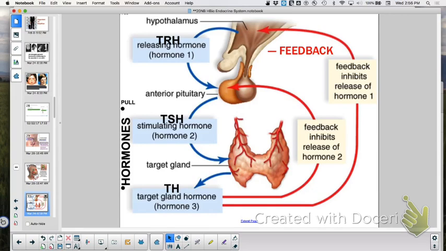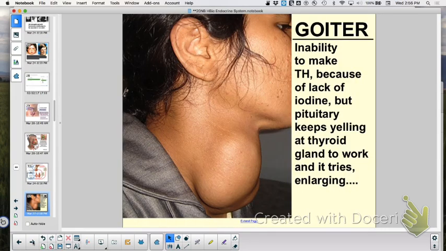Okay. All right. Whoops, goiter. Okay, now, why would you have goiter? See, you won't even be shocked when it happens in class for you. Okay? Goiter is a very large thyroid gland. Why is it so large? Because you're not making thyroid hormone. One of the things you need in order to make thyroid hormone is iodine. If you don't have enough iodine in your diet, you won't make enough thyroid hormone.